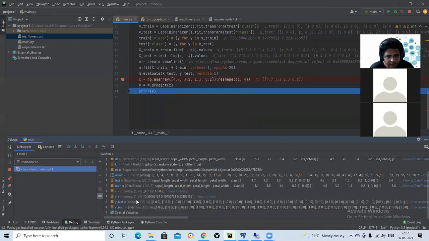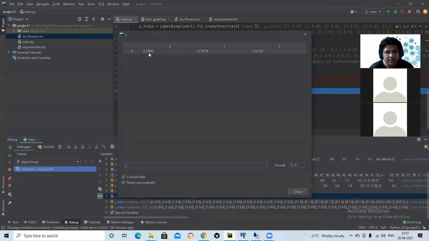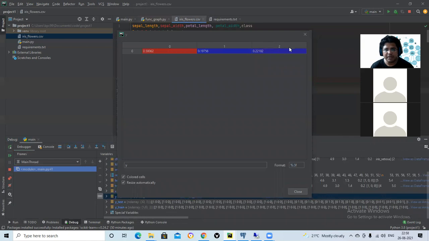So let us see. Y is here 0.5, 0.1, 0.2, 0.2. So which is higher? 0.5. So that means 1, 0, 0, right? And we took the first example. This is highest, right? Max.